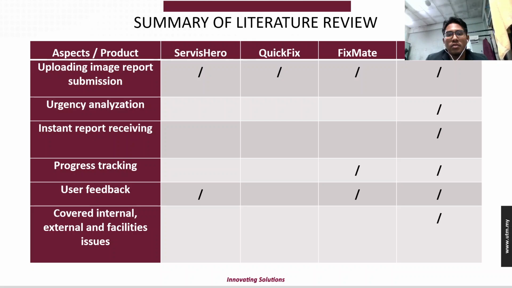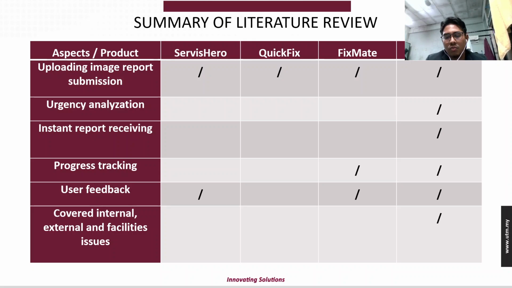These are some of the existing applications related to maintenance. The first is Service Hero. Basically, Service Hero is like a marketplace, but it focuses on services such as plumbing and piping.